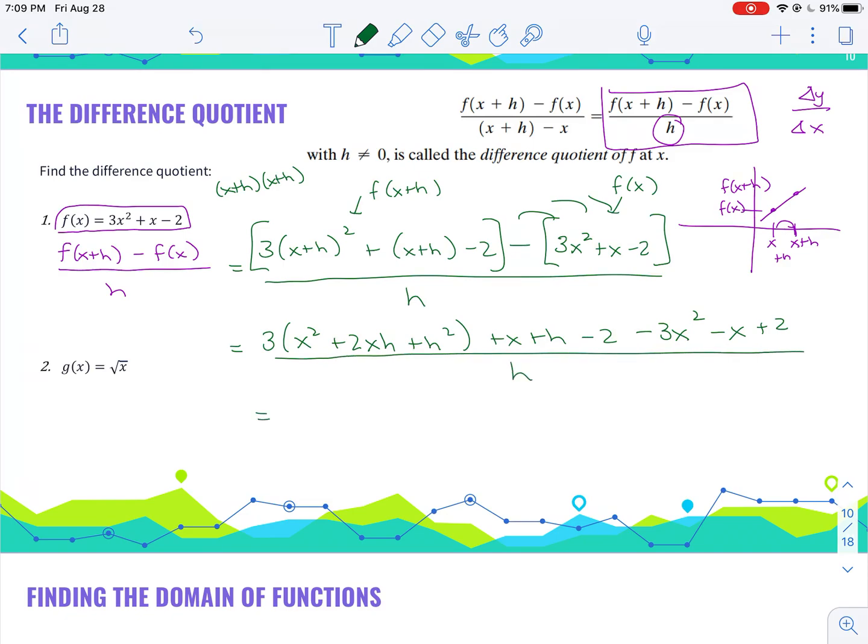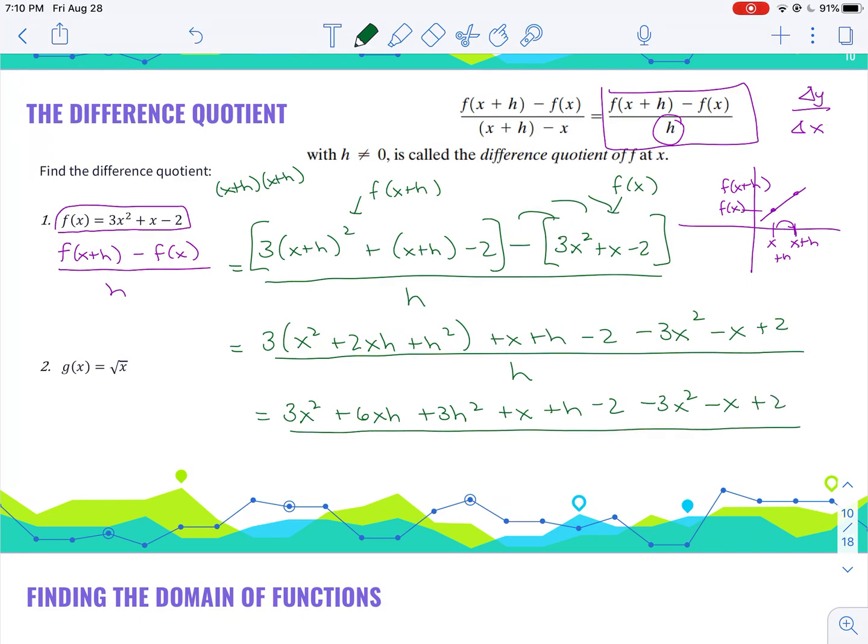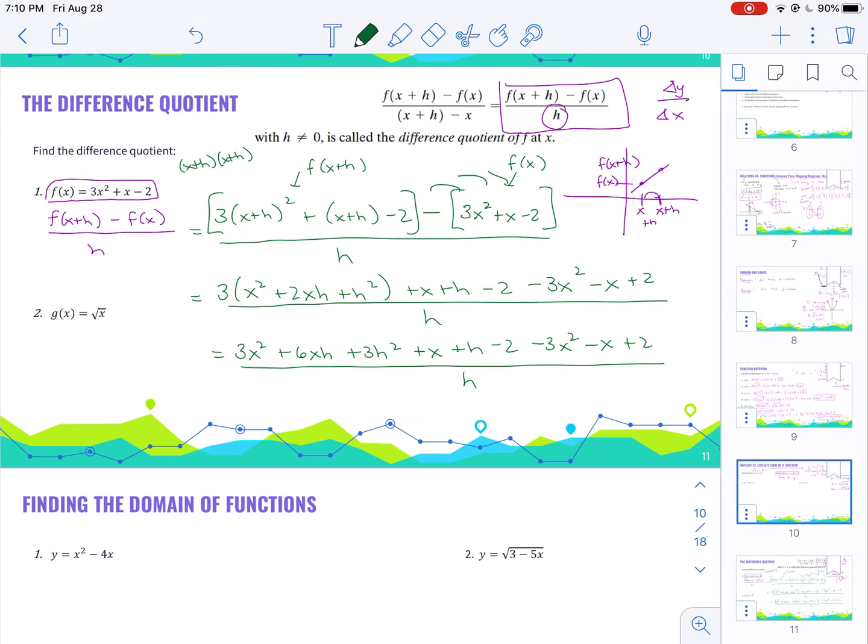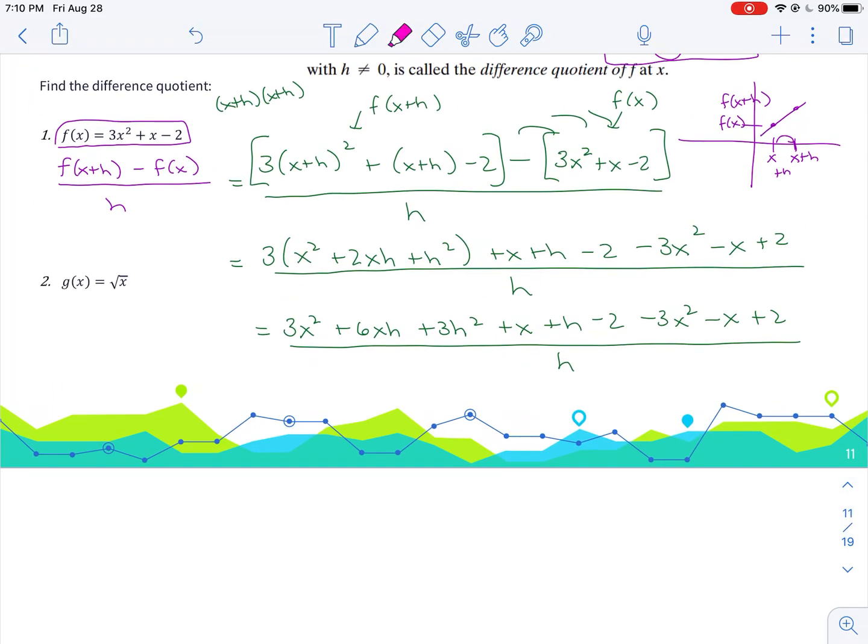I'm going to distribute that 3 now. So this is going to be 3x squared plus 6xh plus 3h squared, and then I have plus x plus h minus 2 minus 3x squared minus x plus 2, all over h. Watch what happens. I'm going to add a page because I'm running out of room. Notice who cancels. So I have a positive 3x squared and a negative 3x squared. I have a positive x and a negative x, and I have a negative 2 and a positive 2. The original function ends up canceling, and I'm going to be left with 6xh plus 3h squared plus h all